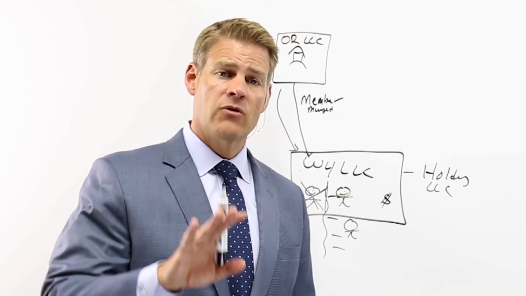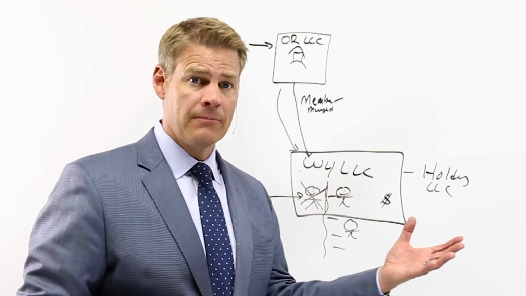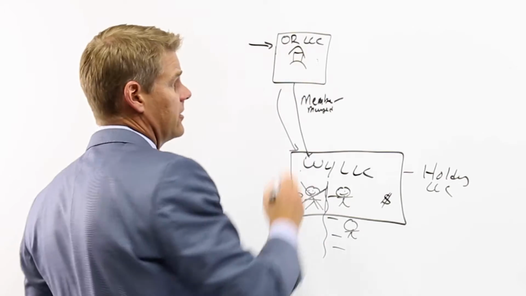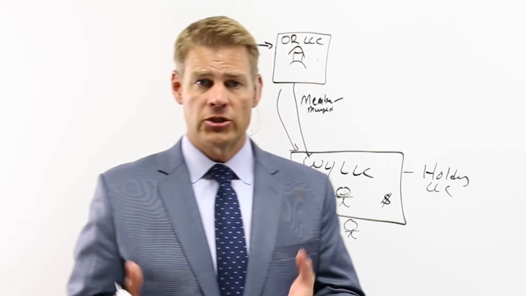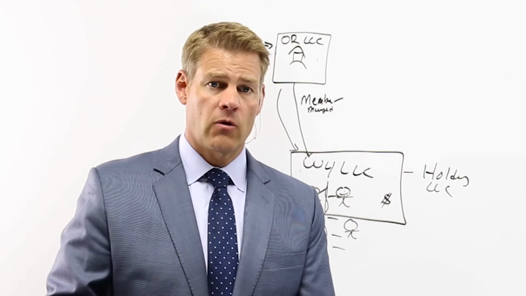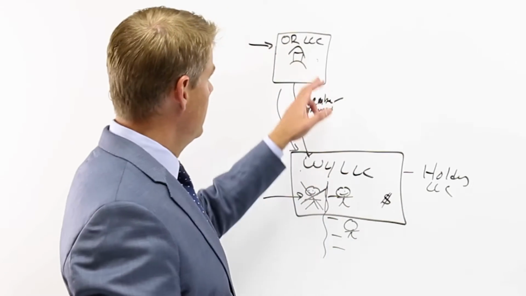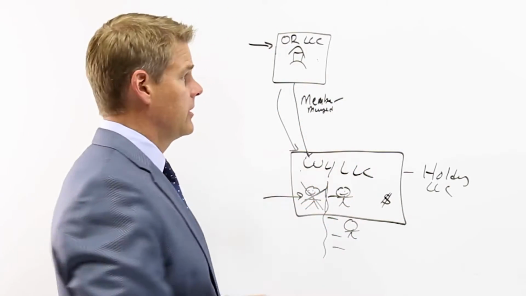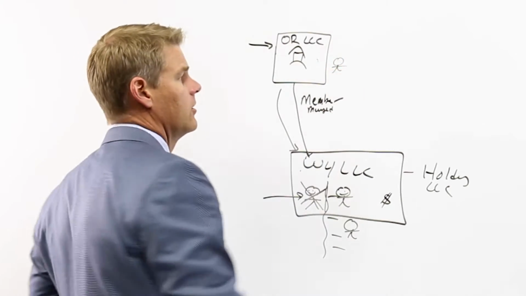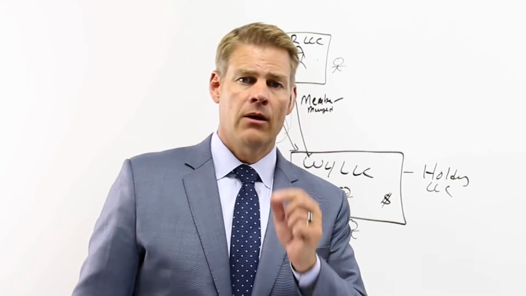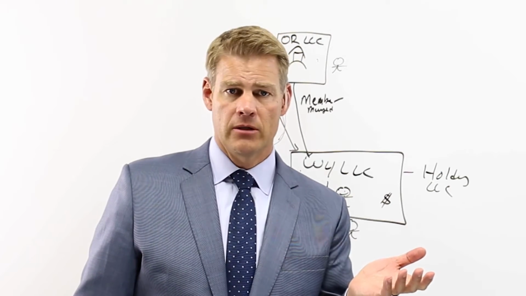Now, something to keep in mind if you went down this road, the mistake that I've seen people make before where they set this up: this entity here in Oregon needs to have a registered agent. Every entity, when it's registered with the Secretary of State, is required to have a registered agent for service of process. Now, if you did everything I just showed you, but then for the registered agent, you wanted to list yourself, well, you can see how that one move will blow your whole anonymity shield,